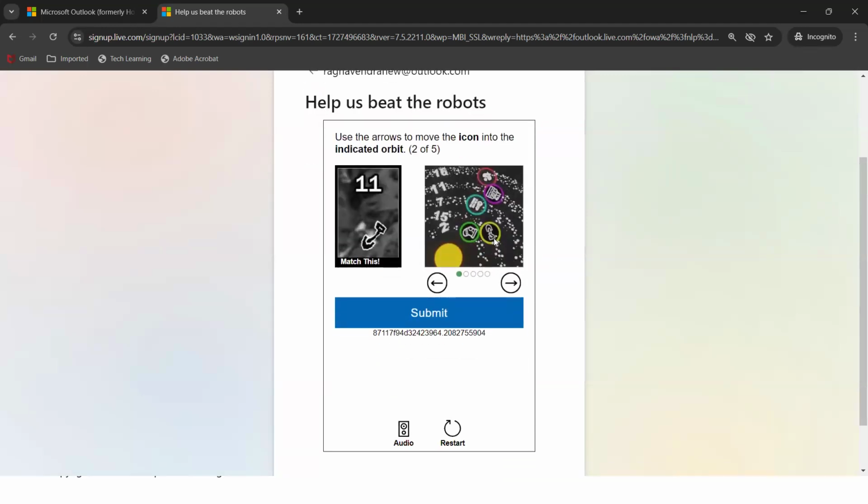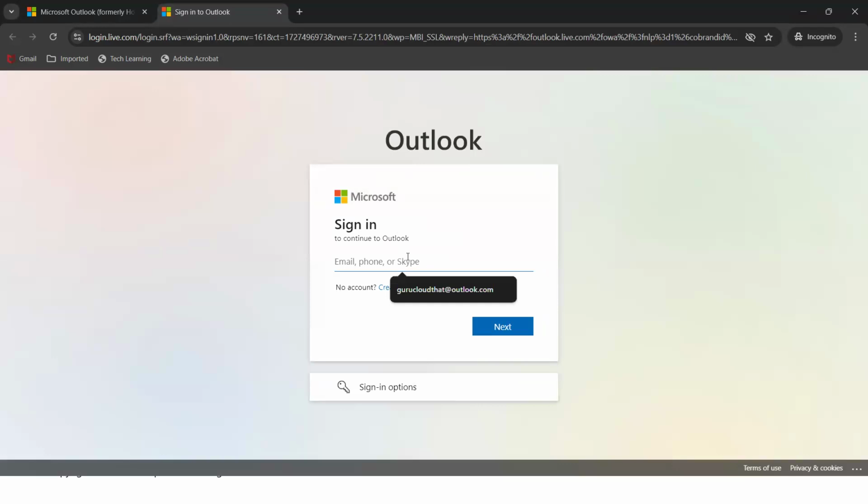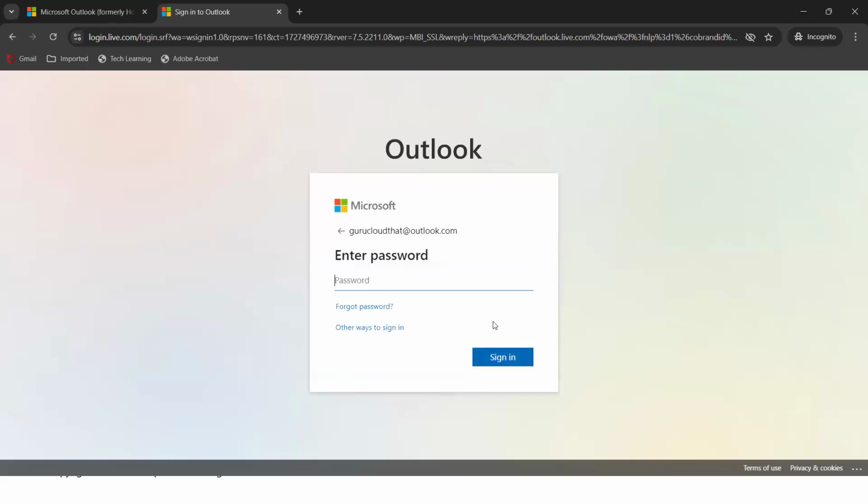See, it will keep increasing. I don't want to. So let's say if I sign in to an account, take an example. Any ID you log in. Example, this one. So when you log in,